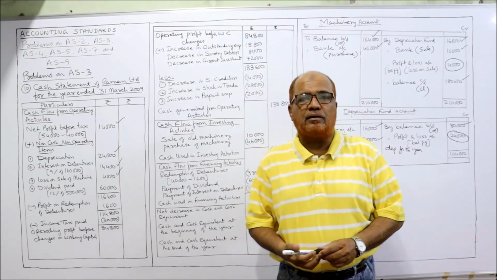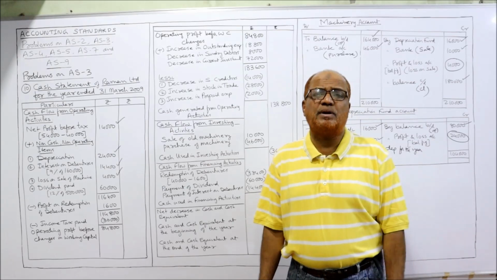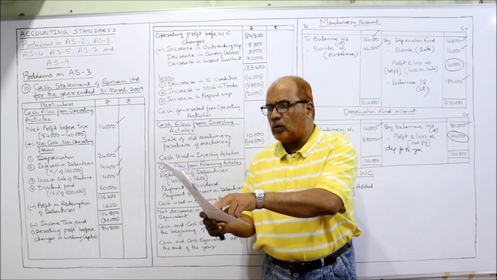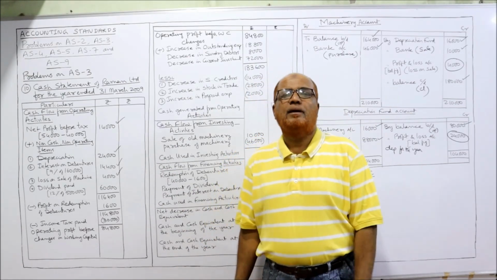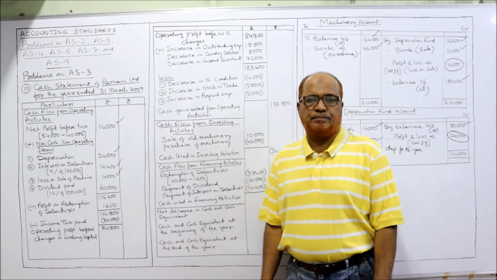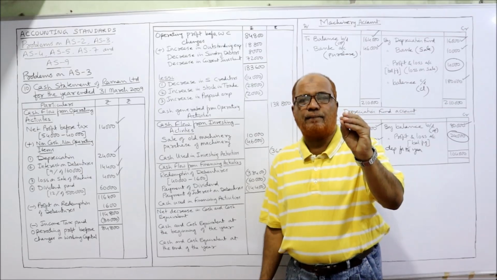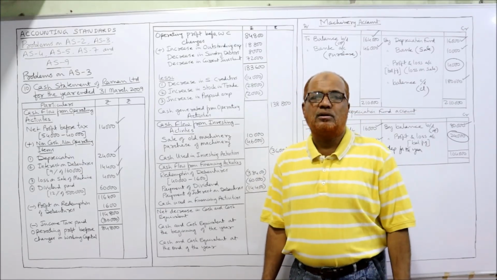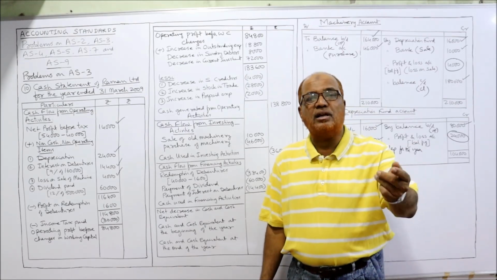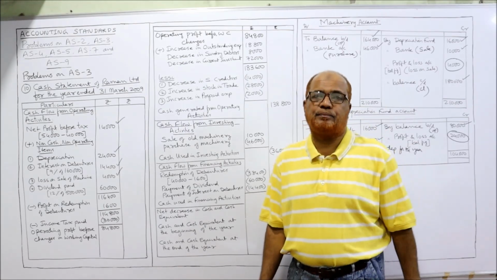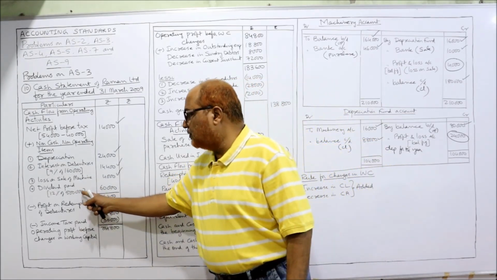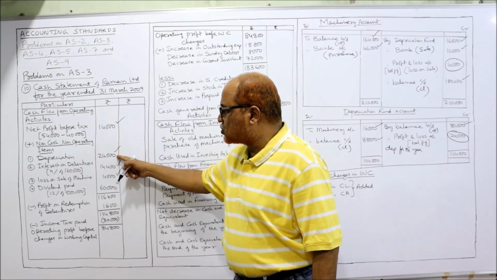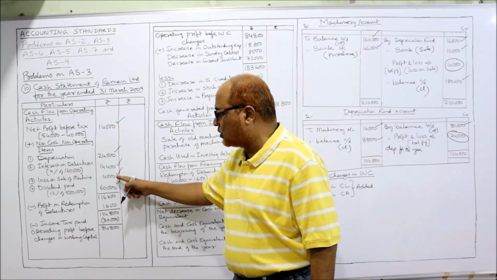Now dividend paid. In the last adjustment it is given that during the year dividend at 12% was declared and paid. So 12% of share capital. The share capital is given as 5 lakh. So 12% of 5 lakh comes to 60,000. So dividend paid is 60,000. It's a non-operating item. That's why we have to add it up. Now if you take the total: 14,000 plus 24,000 plus 14,400 plus 4,000 plus 60,000,